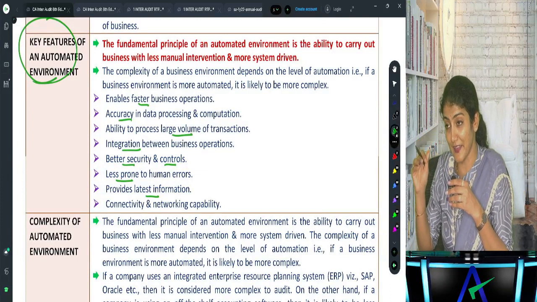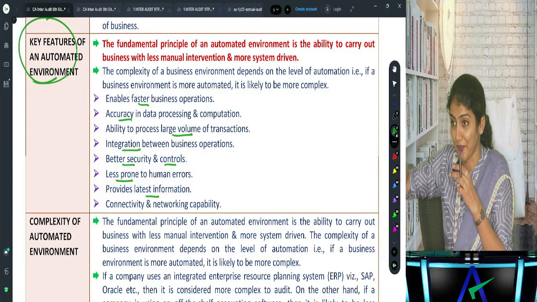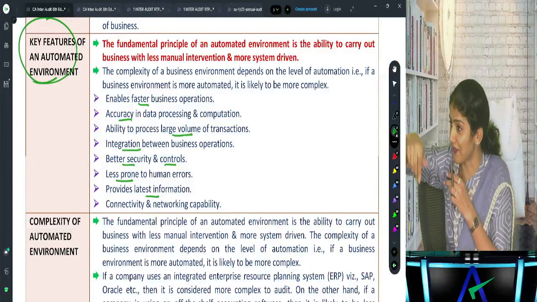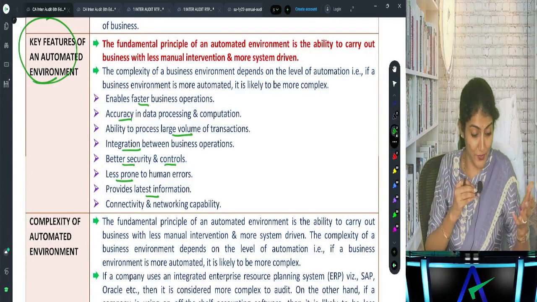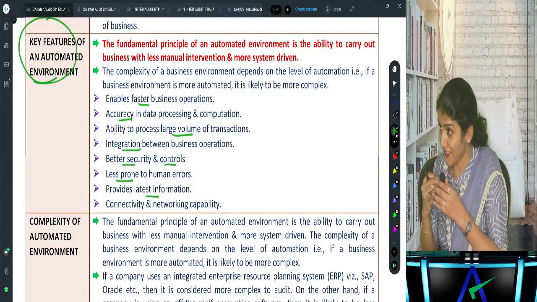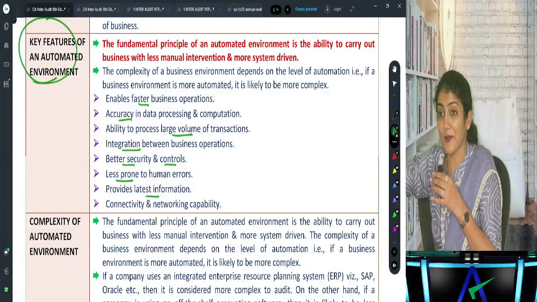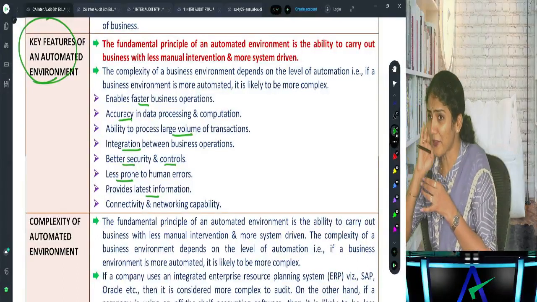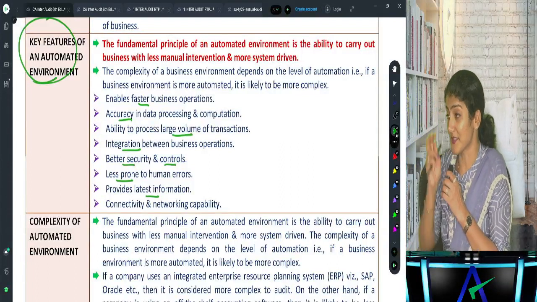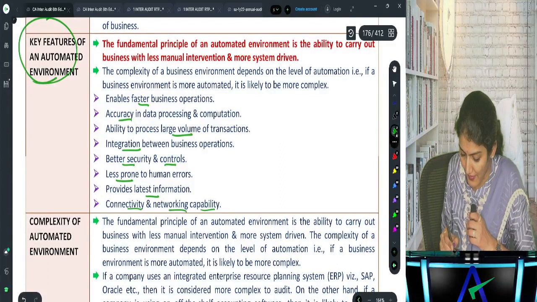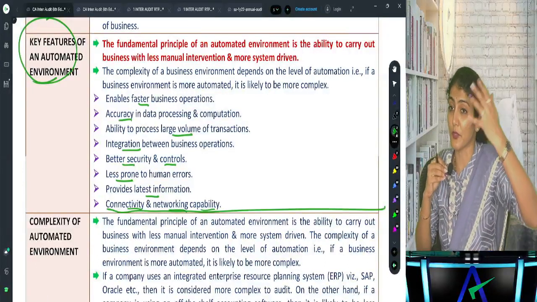If the result is at 11 o'clock, morning 7 o'clock, the ICAI result website, CA result.nic.in, refresh, refresh, refresh. You understand? There is no requirement. Like now you can post, 2 kilometers away, reach 2 kilometers, 10 kilometers, 20 kilometers. Continuously you can track also. So the requirement of patience is reducing day by day. Right. Anyways, it provides the latest information and also the connectivity and the networking capability. So this is all talking about the great things with the use of computer.